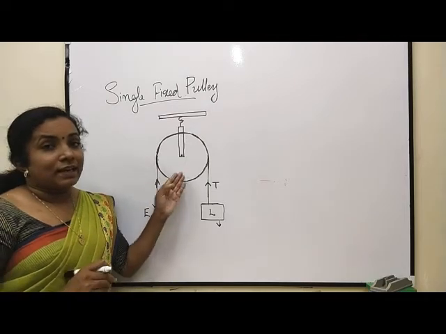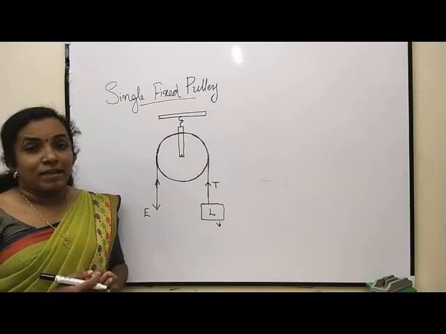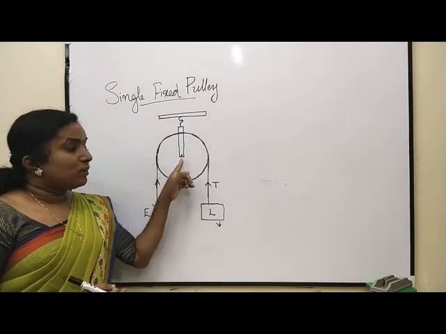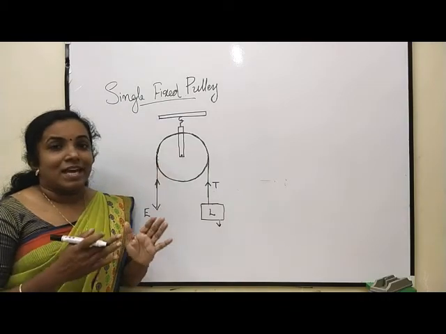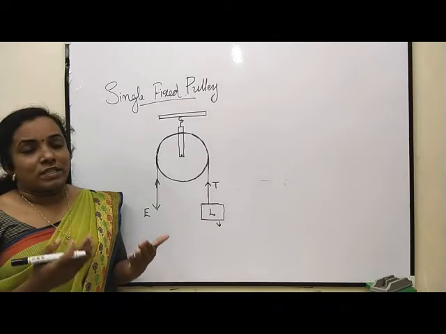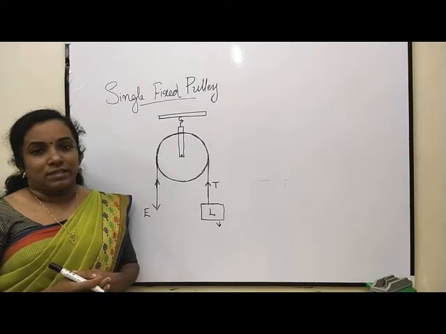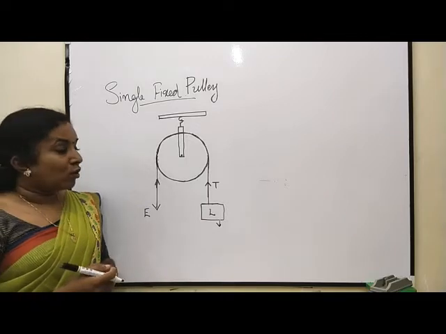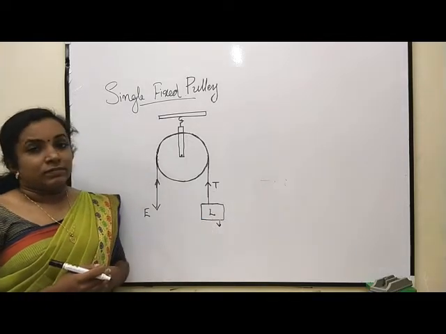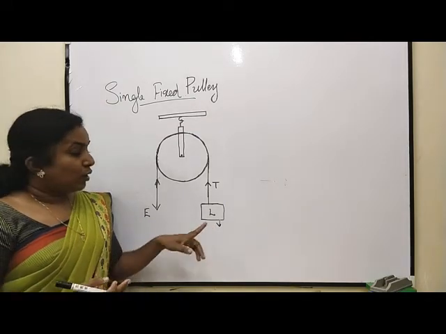So we can apply the principle of moments here. According to principle of moments, in equilibrium, that means when this wheel is in a steady state and when it is not rotating, sum of the clockwise moment is equal to sum of the anti-clockwise moment. The clockwise moment is due to the load. So, clockwise moment is equal to load into